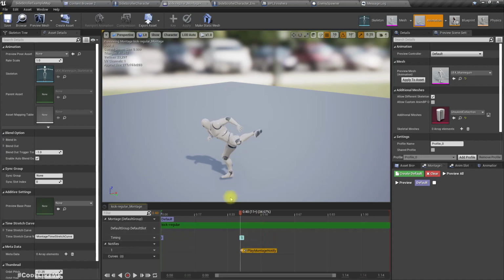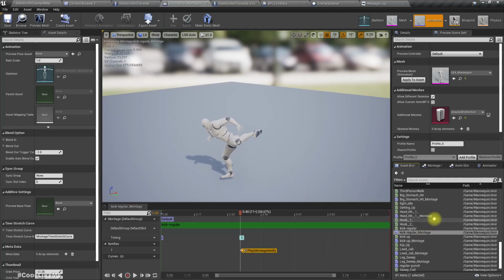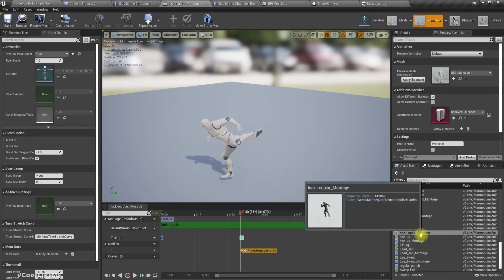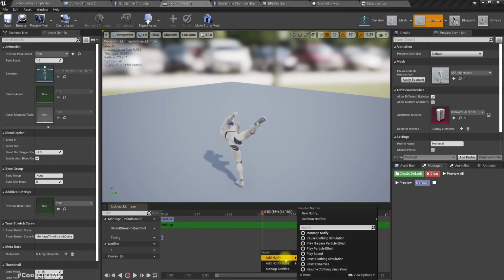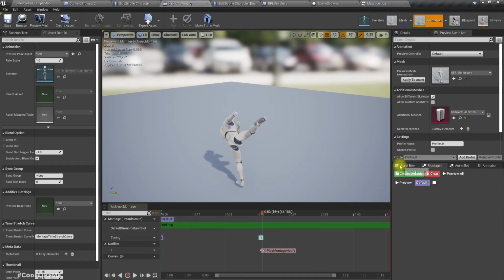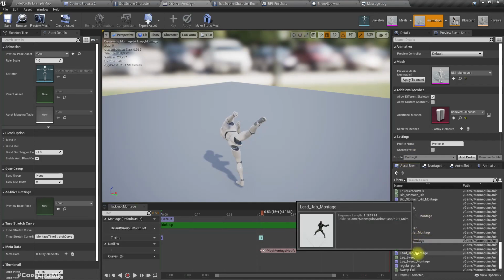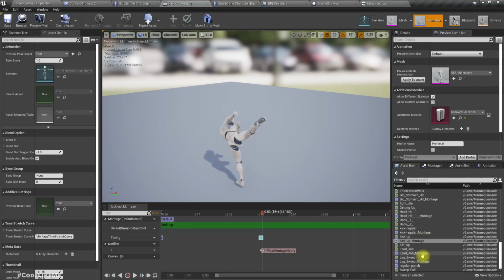Okay, and this is for the kick. What about the other attacks? Here, montage notifier. Right, this is kip-up